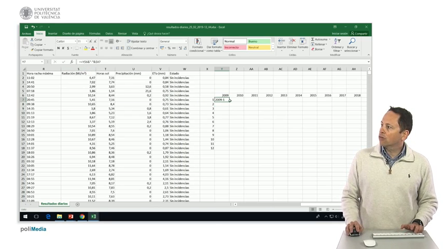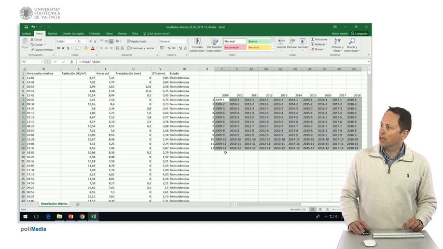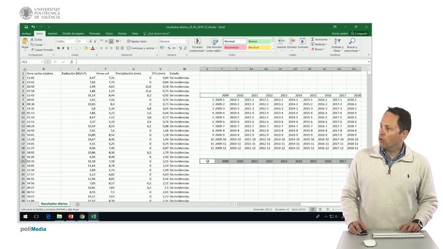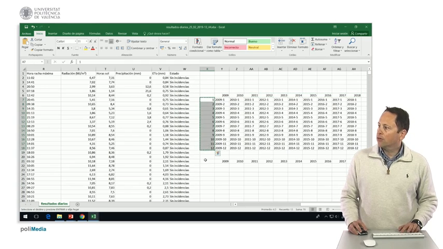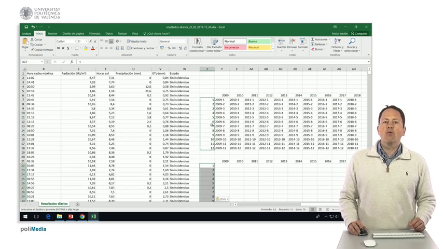And now if I take this and stretch it until here, if I have not made any mistake, I should get the code of all the years, the first one, and down here the code of each of the months. I have it here. Then I am now going to copy this again, with Ctrl plus C, Ctrl plus V, and this with Ctrl plus V. Why? Because using the key that I have generated I am going to make a command that is called